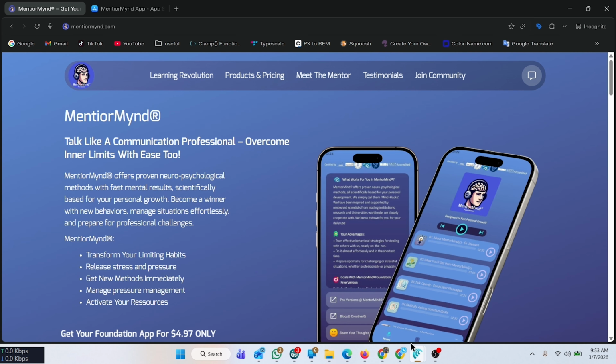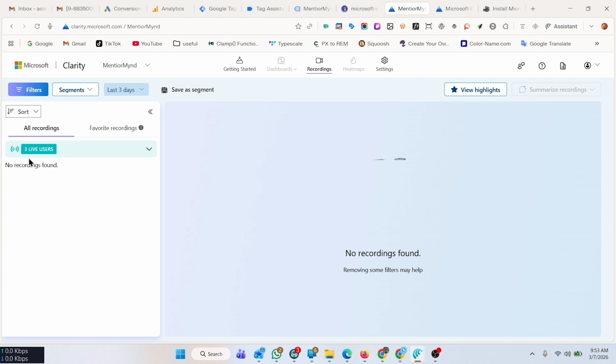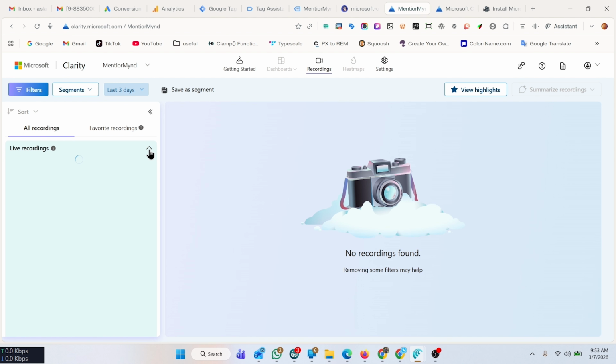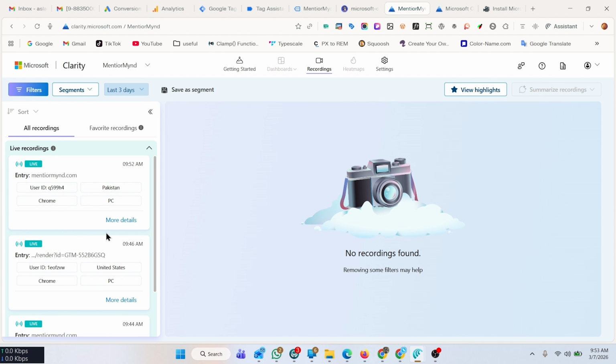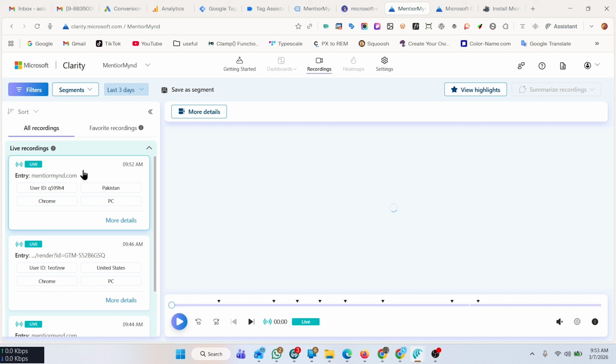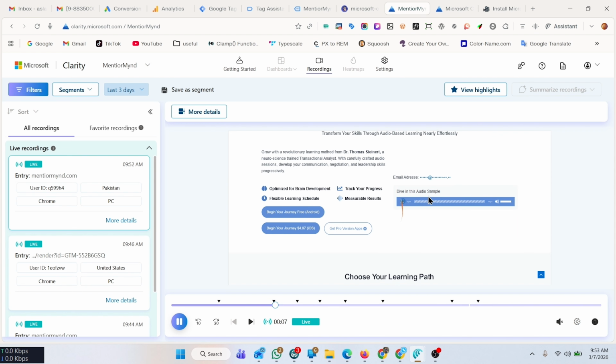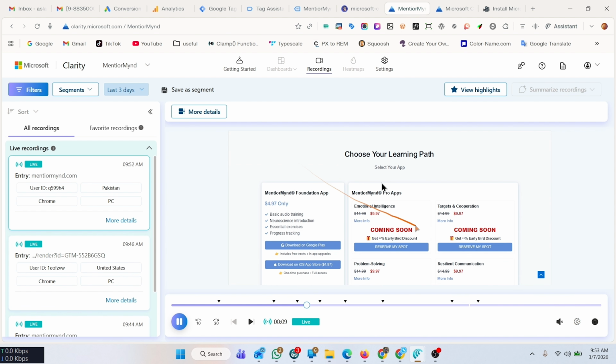Okay, so now let's go back to our Clarity account, and here inside recordings, click on recordings, and you can see that 3 live users, because I am using it at 3 places, so you can see real-time activity. So here you can see that we can click on the activity and see the recording. So you can click on the play icon, and here you can see how the user is interacting with your website. So this is just the activity we just performed.